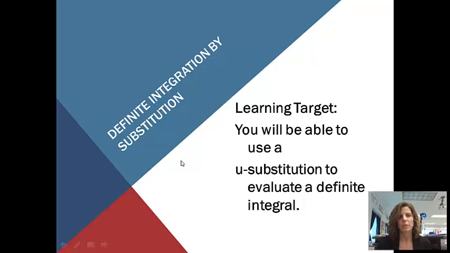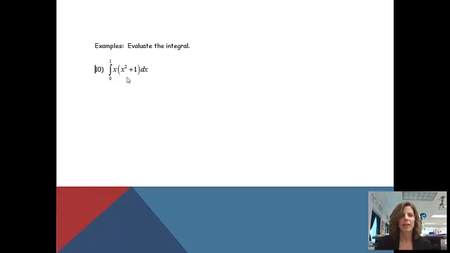Now that you're familiar with using a U substitution to evaluate an integral, we're going to use it for definite integrals. At the end of this lesson, you'll be able to use a U substitution to evaluate a definite integral. And by definite integral, we actually have limits, so we're going from 0 to 1 this time. And there's just a little bit different way that we'll work the problem,